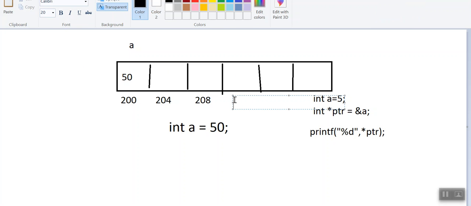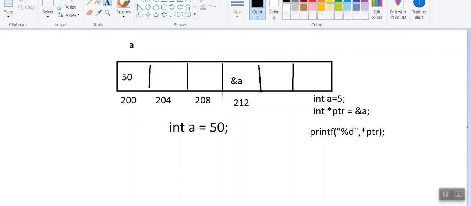For example, here there might be 212, and in this the address of a will be stored. This address of a, whatever it is, will point to this 200. This is the address of a, and it will point to this memory block. So what we can do over here,